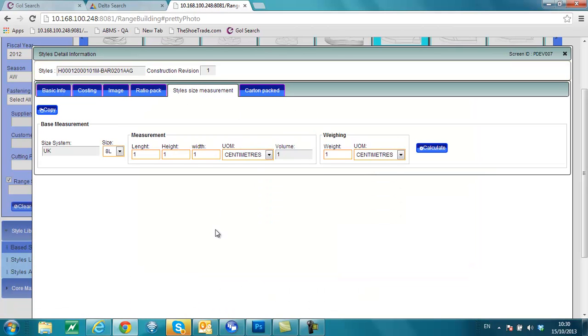Style size measurements is something that we use VCPs for at William Lamb, so we calculate exactly how many pairs of shoes we can get into a carton of a specific size, and again this feeds through from the last, so we know it's a UK size system. The sample size is 8, but we can change that, and somebody within the business would actually measure or take these 3 measurements in centimetres, and I've no idea if this is correct or not. So it calculates the volume of the shoe at that size, and also the weight of the shoe,